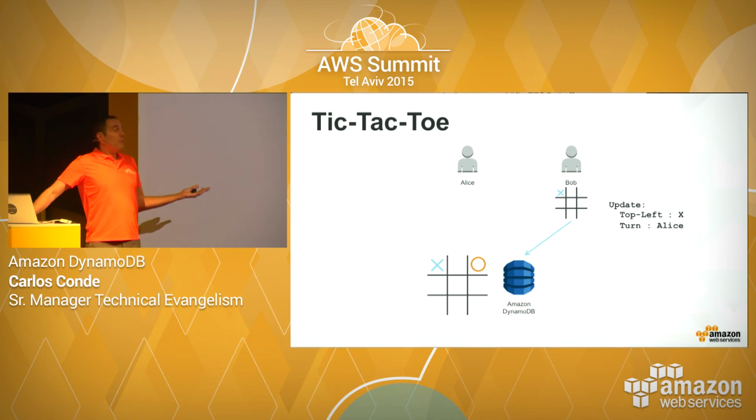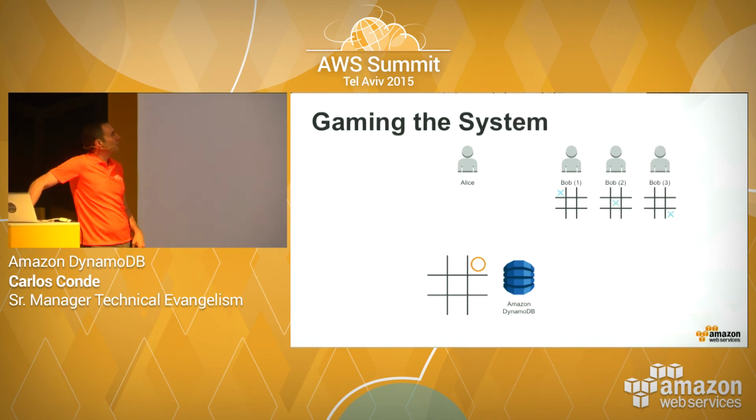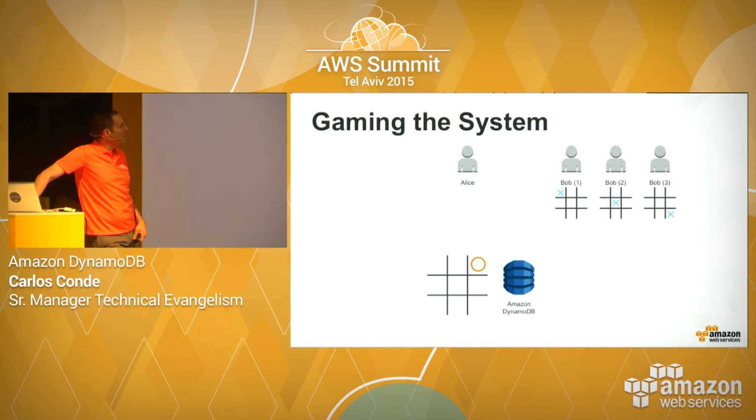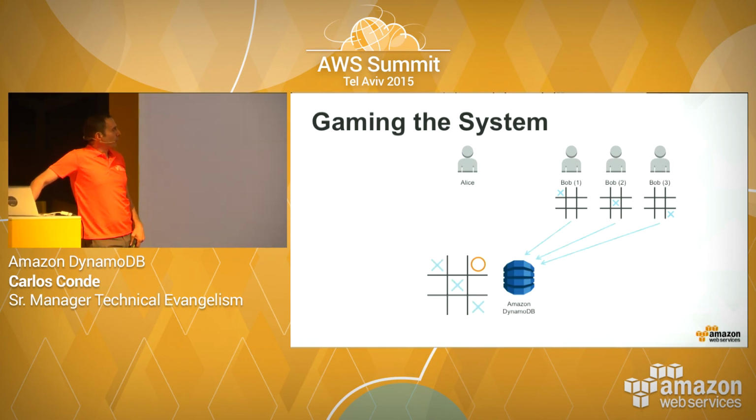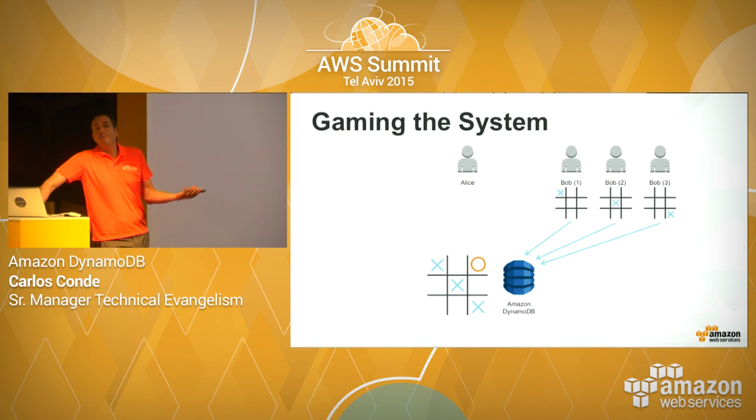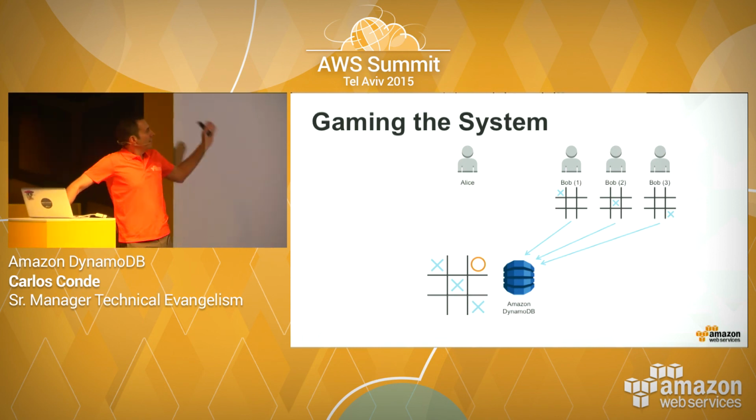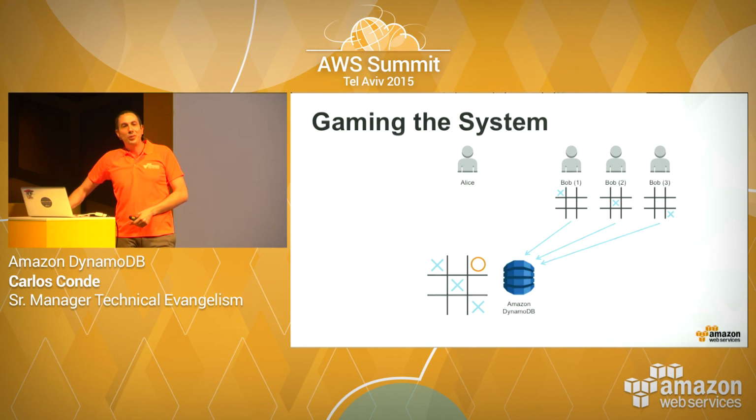So what do you do in this situation? You cheat, right? He's going to cheat, and he's going to send multiple queries to Dynamo. All the queries are going to be processed at the same time because Dynamo is built for that. And the data is going to be inserted directly in parallel. And he's going to win in this situation. So you want to avoid that, obviously. So we're going to use a feature